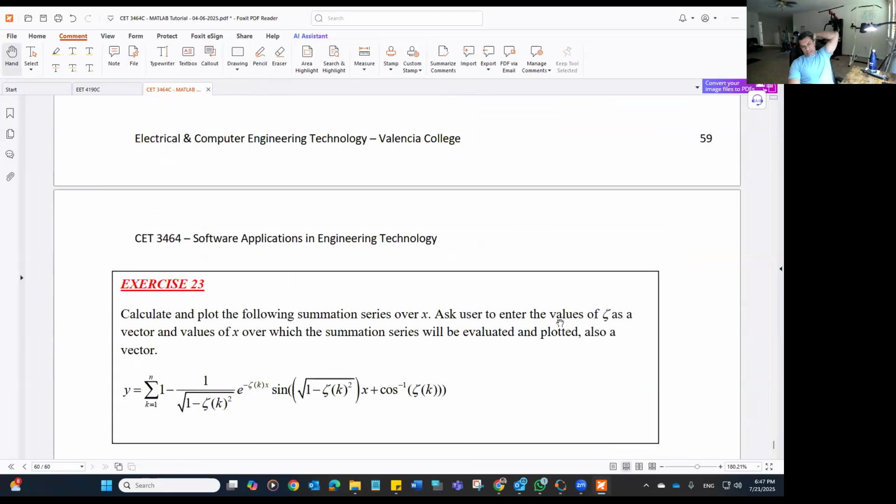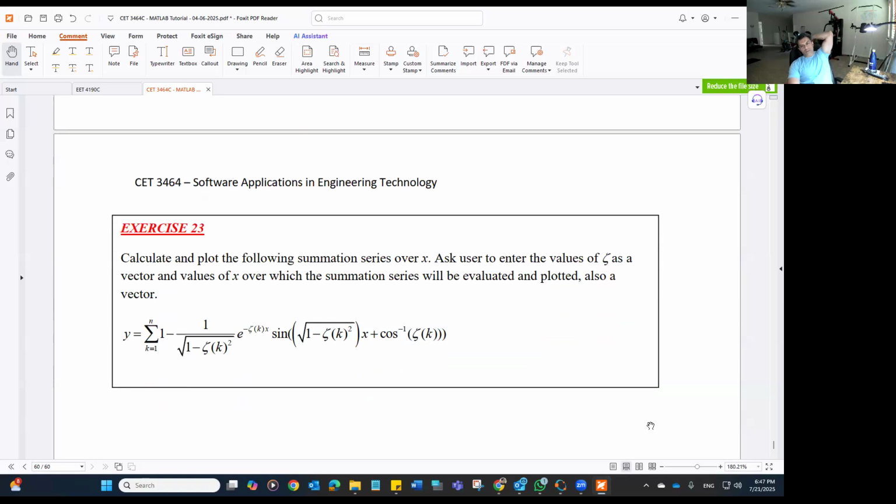So this is the last thing in the last exercises. Calculate and plot the following summation series over x. Ask the user to enter the value of zeta as a vector and values of x over which the summation series will be evaluated and plotted, which is also a vector. So you're going to ask the user two things here. You're going to ask the user to enter the value of zeta